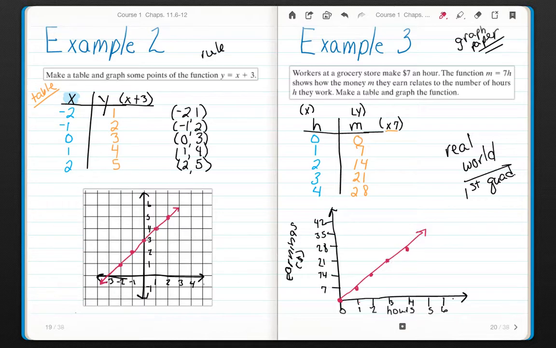If you compare example 2 and example 3, you will notice my graph for example 2 is much neater because I used graph paper than I did over here. Okay, so the last thing that we need to make sure that we have is a title. And I would say that the title for this is worker earnings. Okay, the title tells me what it is that I'm going to be looking at, what data I'm going to be learning about. So to recap, make your table,